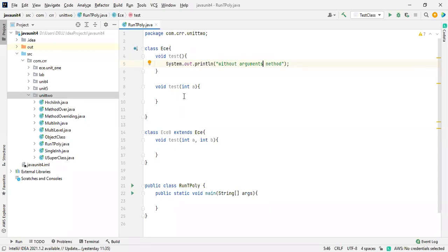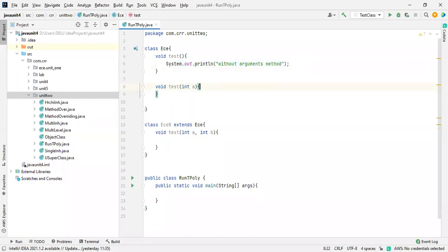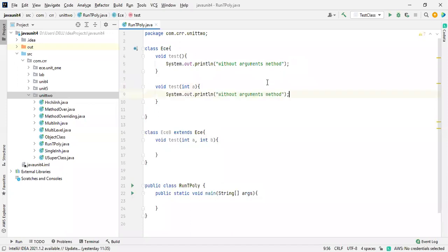I'm going to copy this one. And this is with argument. Here itself, I want to print the value of a also. I want to pass this value. How are you going to print that? Directly by using a concatenation operator, you place a over here.